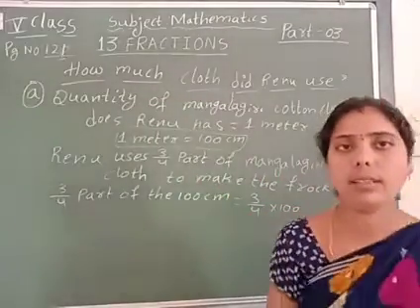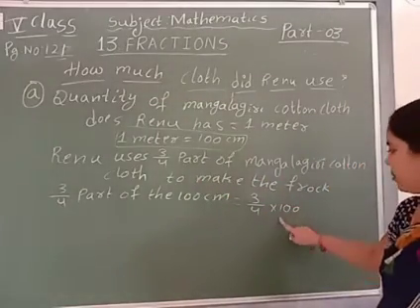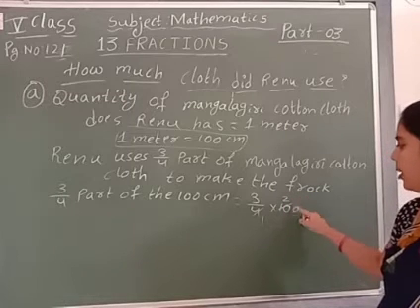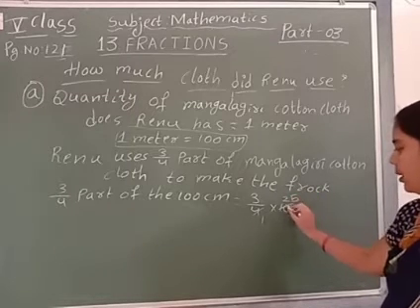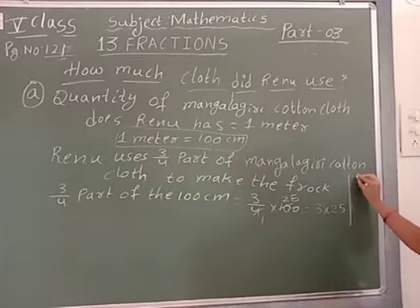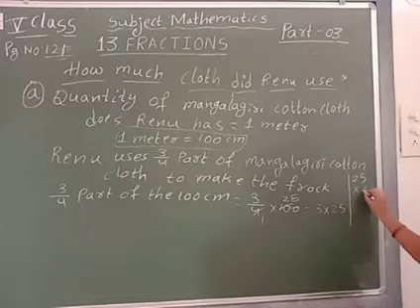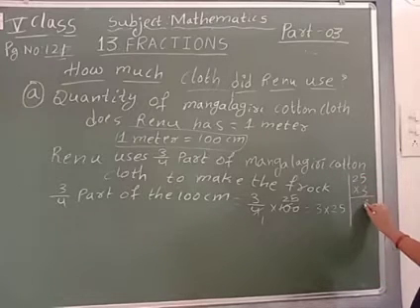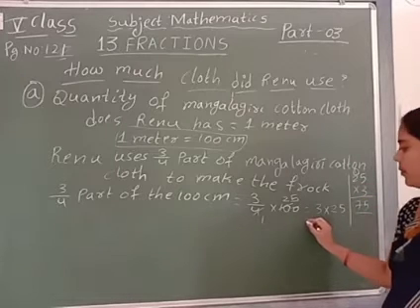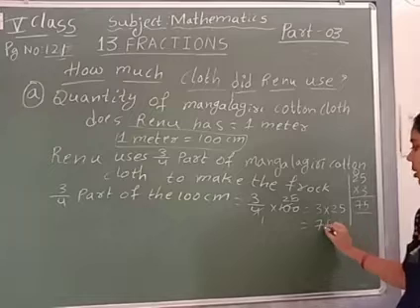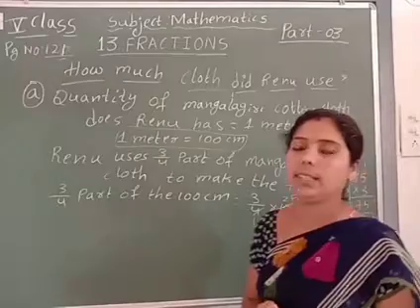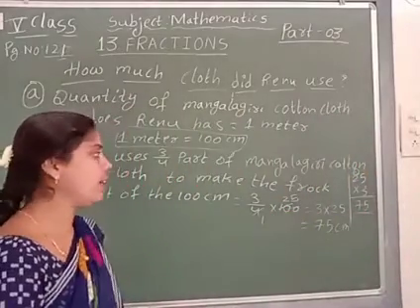You know the procedure, children? Okay. See here. 4 1s are 4, 4 2s are 8, remaining 2. 4 5s are 20, so 25. So 3 into 25. 3 5s are 15, 1 carry, 3 2s are 6, 7. 75 rupees. Sorry, 75 centimeters, not rupees, children. 75 centimeters of cloth she is using for the frock.